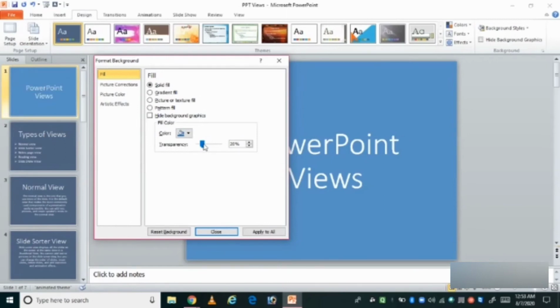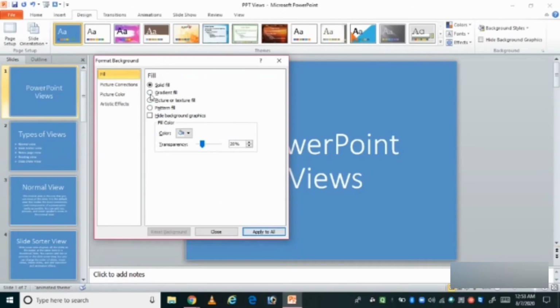The selected color is applied to the current slide. If you want to apply the same background color to all the slides, you have to click on Apply to All. So you got the background on all other slides. That is solid fill.